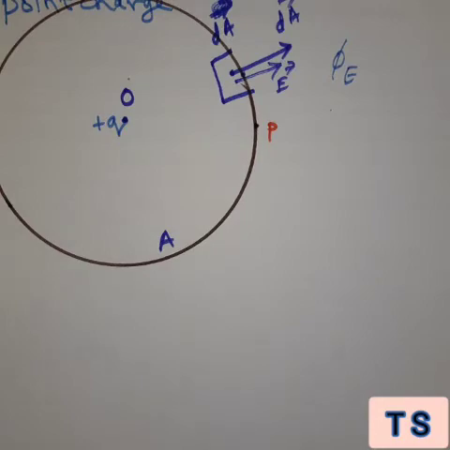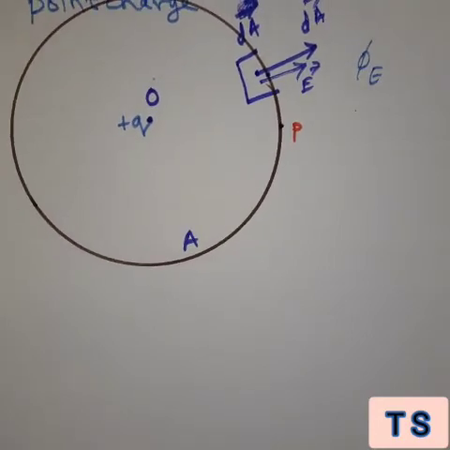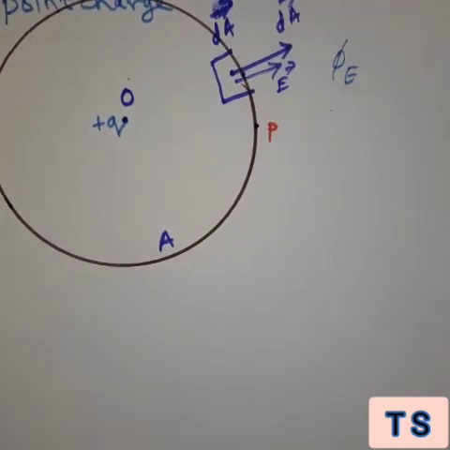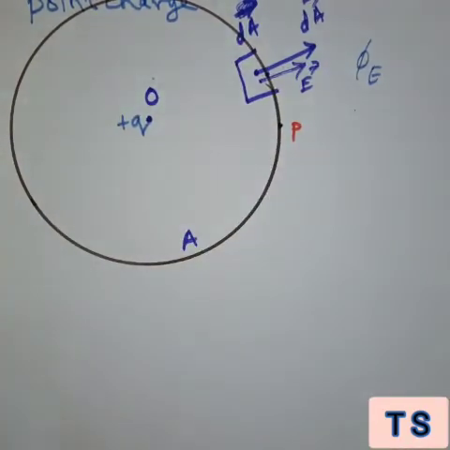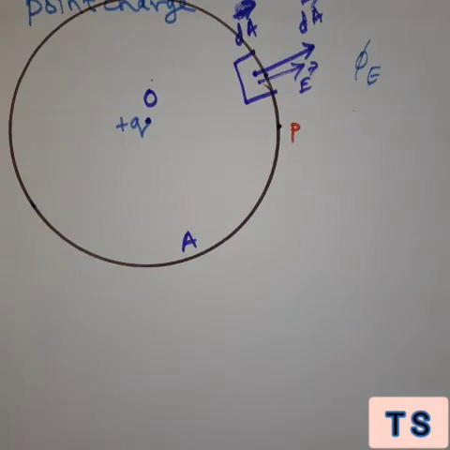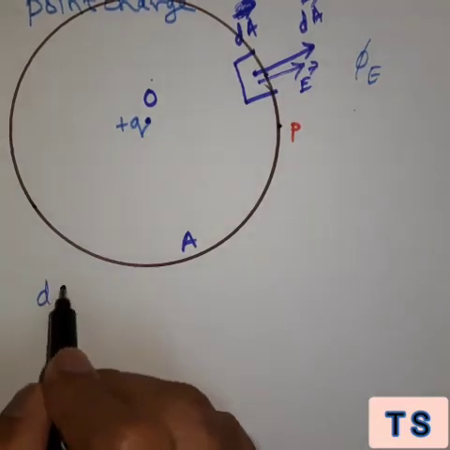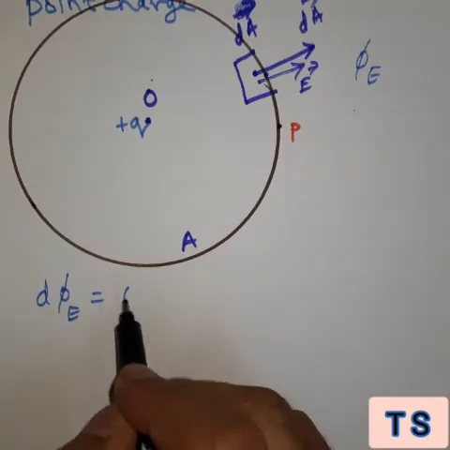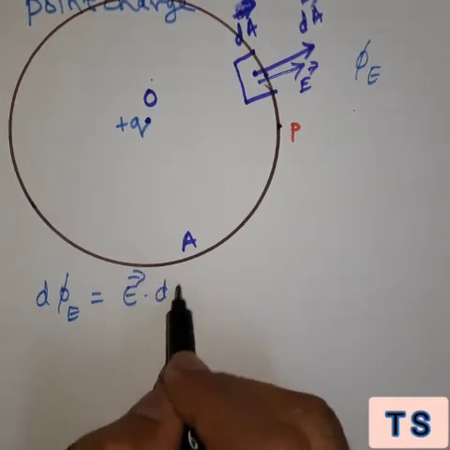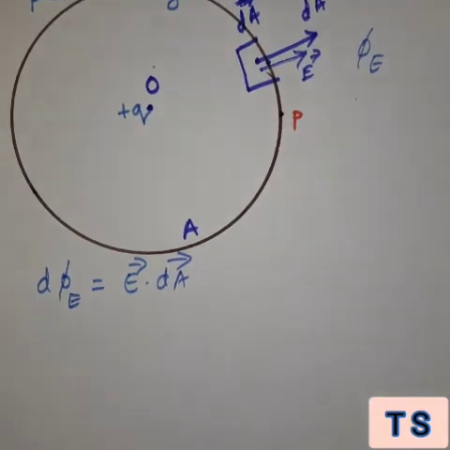So let's say I start from here, and I need phi E for this whole surface. So first I will find d phi E,